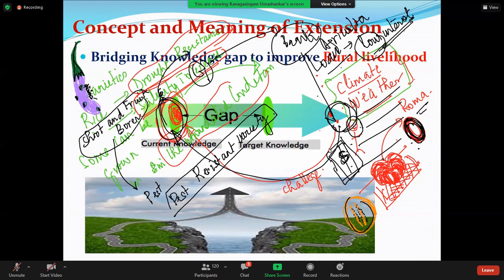So don't think that extension deals only with the technology and the science. It deals with all kinds of problems that the farmer faces, that agriculture faces. So whatever the problem, it comes here and it will be resolved, and they will find a solution, and then that solution will be proposed back to the field. So these economists and scientists will sit together and they will be thinking,